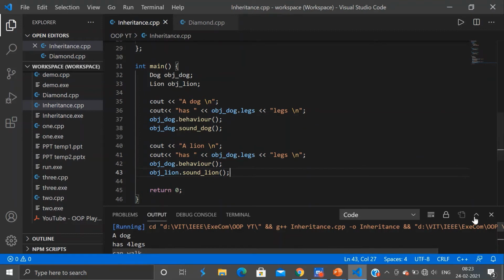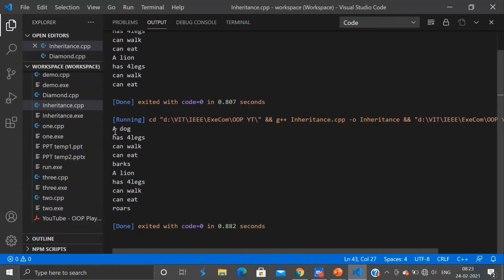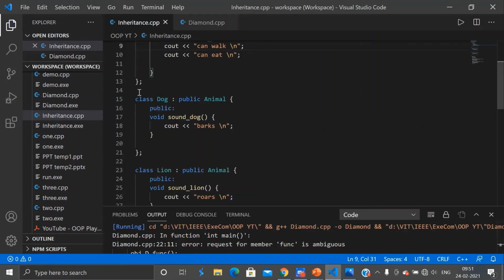Now let us run this, and when we run this we can see that the dog class has inherited the properties of the animal class and also its own unique method or attribute, and the same is true for the lion class. So now you might be wondering how exactly is this helpful.